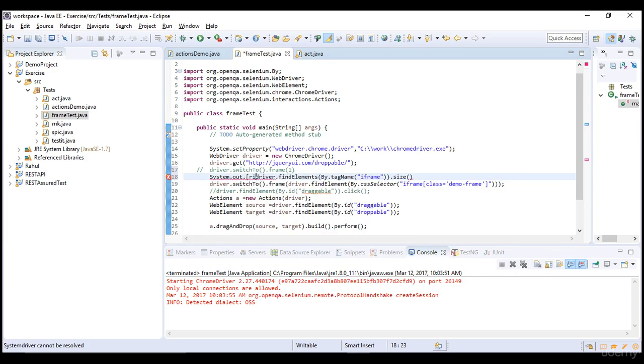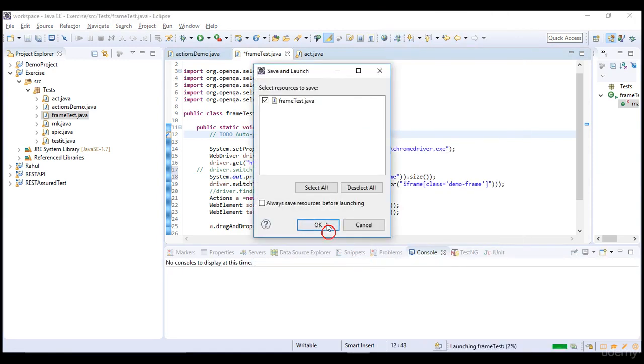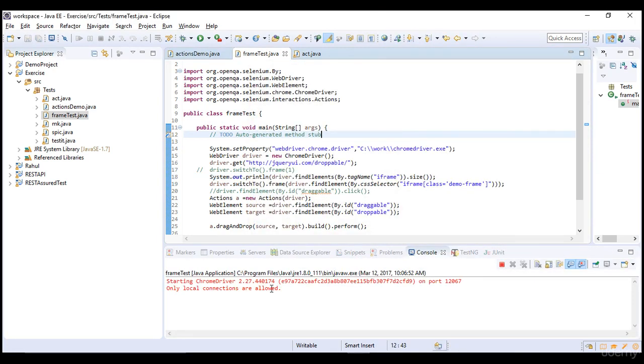Even if you are not sure about that web element, you can first get the count of frames in an application with this tricky step with the tag name iframe, that gives us the count, and then you can take steps accordingly. Click on OK, and you should see something in the output regarding the frame count.